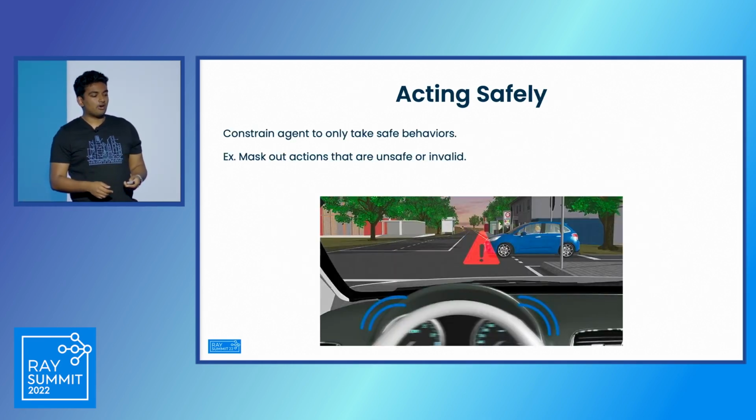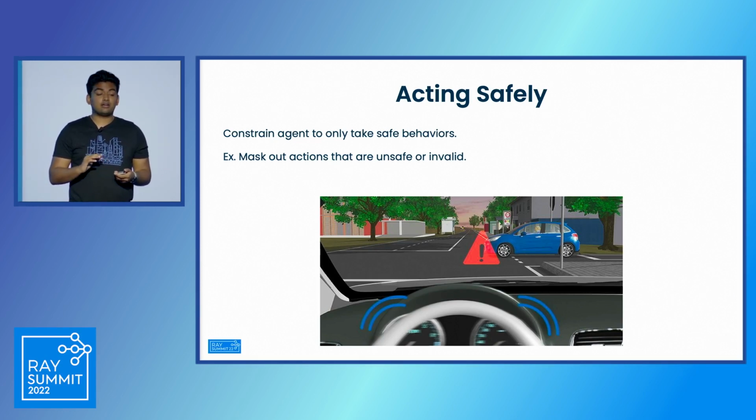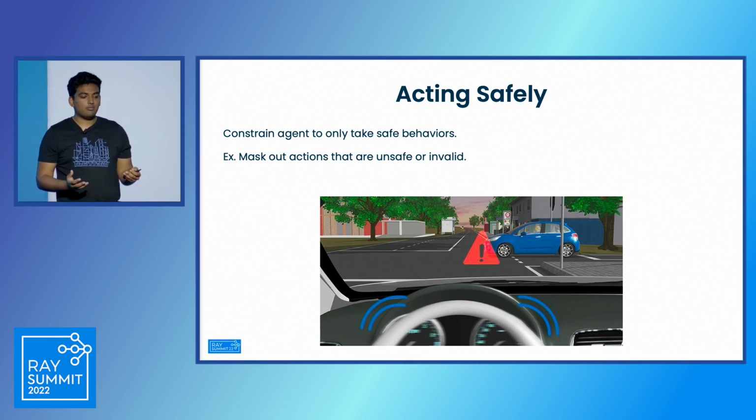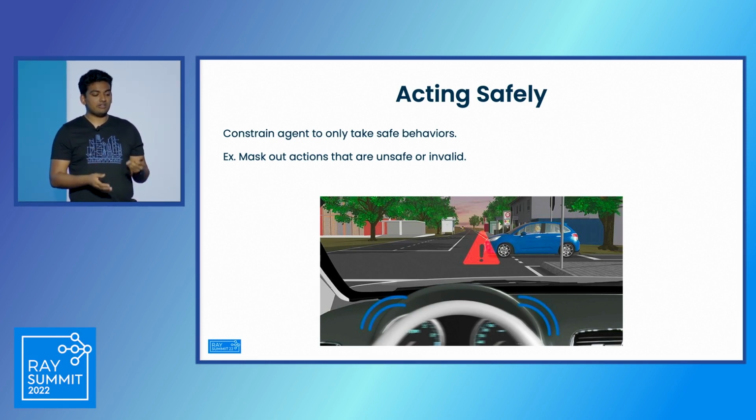And then furthermore, there comes a time for a lot of customers who have to design their agents in such a way that there are some constraints coming from external factors that the agent must follow, otherwise they would not be able to act safely. And a difficulty that we run into here is that policies and agents represented by neural networks by nature can't capture these constraints.